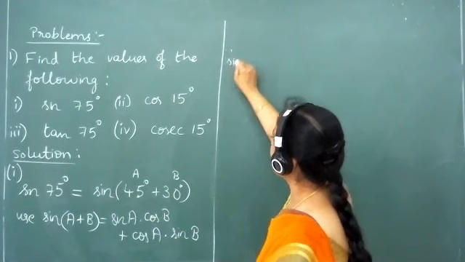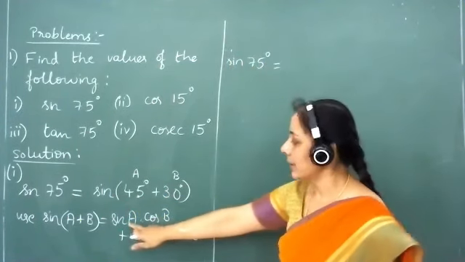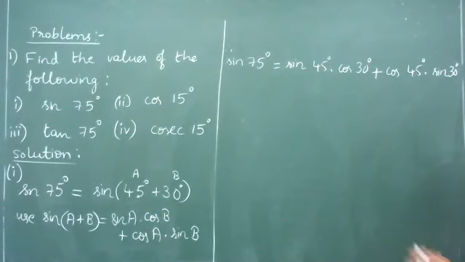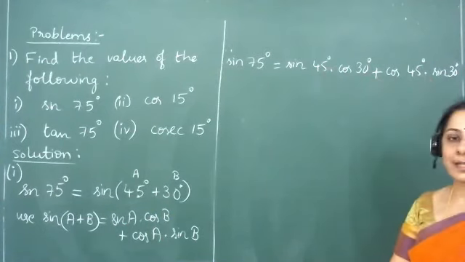Therefore, we find sine 75 degrees is equal to the first term in the RHS. We have sine A here. Sine A will come as sine 45 degrees multiplied with cos B. You will have it as cos 30 degrees plus the second expression in the RHS, cos A. It will come as cos 45 degrees multiplied with sine B, and the B angle for us is 30 degrees. So we have replaced all the terms. Now all these are standard angles in the RHS and we know their values. So we shall be substituting for each of them.